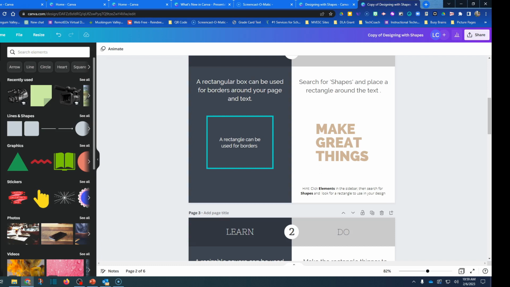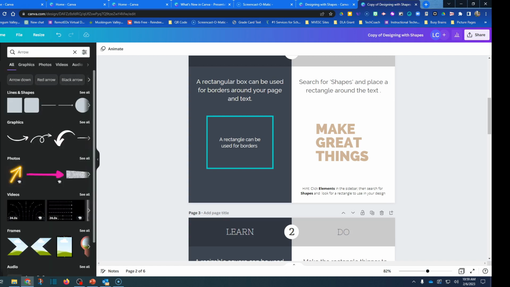So again, I'm not sure how much of this you can see, but if you go over to the left-hand side and click on the Elements tab, this is the Elements toolbar that you're going to have available to you to use. And you can see that you can just search in here for different types of things, but they've also kind of given you some categories that are kind of pre-made so that you can go through and add some things rather quickly if you weren't quite as familiar with all of the different options that you have.